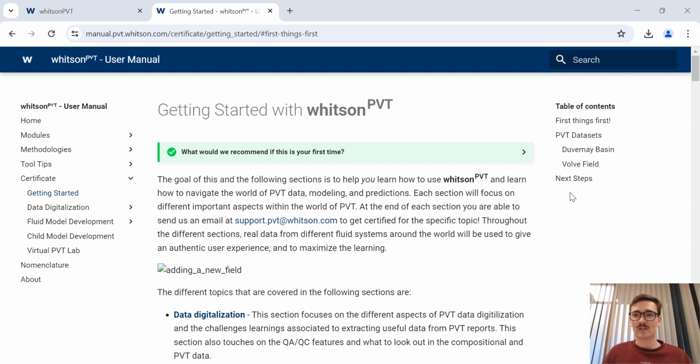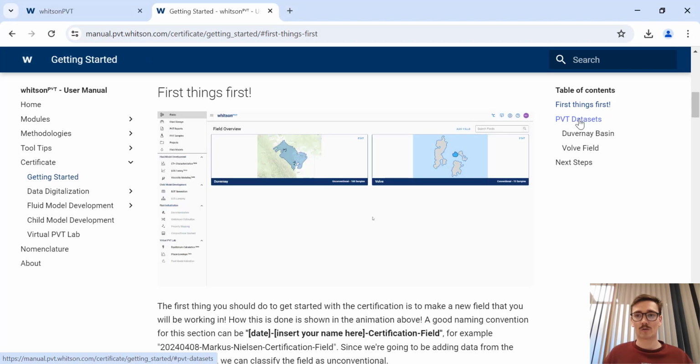Now, let's start with first things first. We're basically going to be inputting a bit of compositional and PVT data from an Excel database, which has been extracted from a PVT report. The first thing we're going to want to do is click here in the user manual, first things first, and